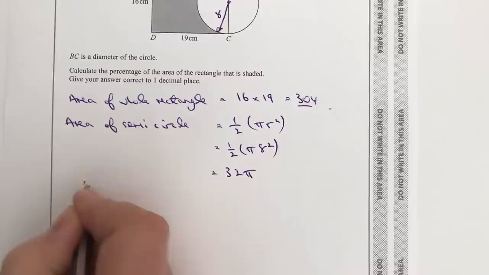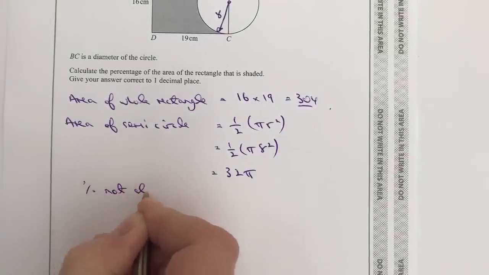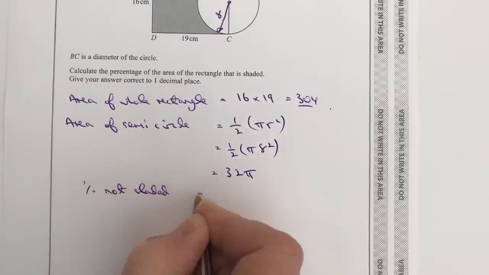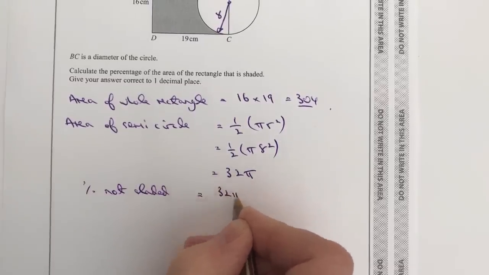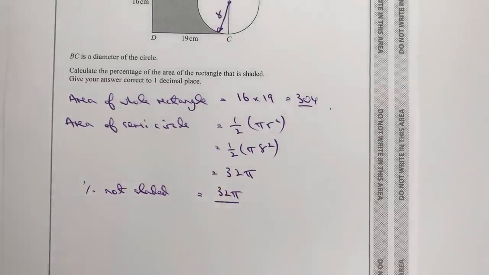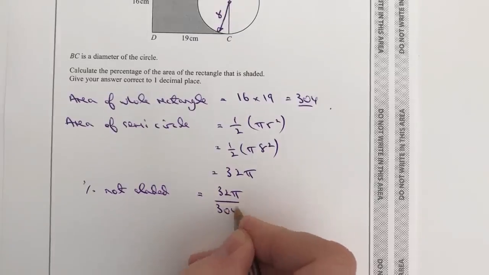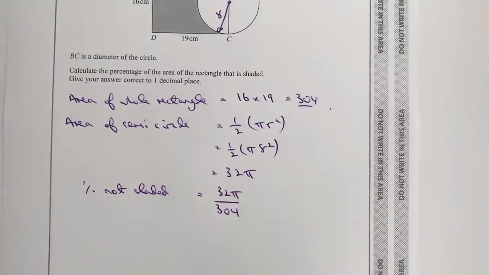So the percentage that's not shaded is going to be equal to 32 pi, which is the area of the semicircle, out of 304, which is the area of the rectangle itself. So if I just plug that into my calculator, just bear with me a second, 32 times shift pi divided by 304, that's going to be equal to